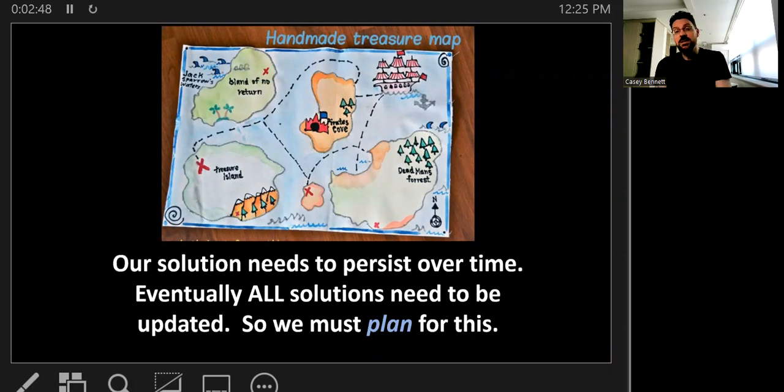So in a data science sense, we have to realize that all solutions need to persist over time, right? We're not doing some one-off analysis. I mean, sometimes we are, but that's not really a data science solution. That's just this one-off analysis we did. All of our actual data science solutions are going to need to persist over time.